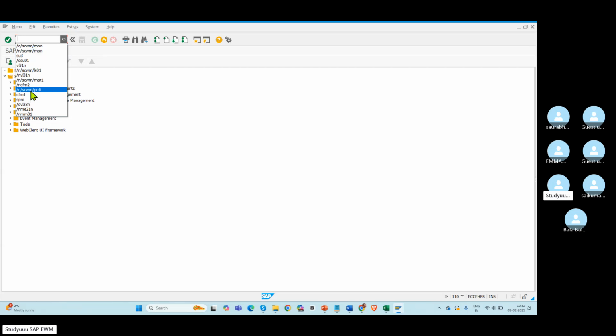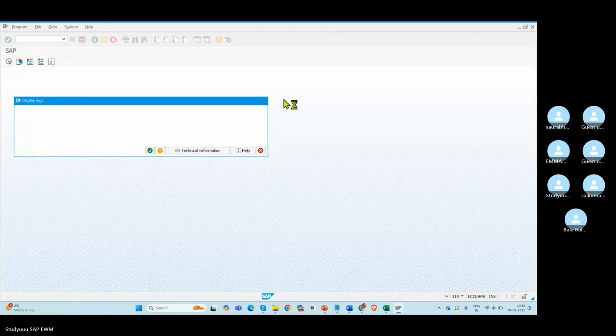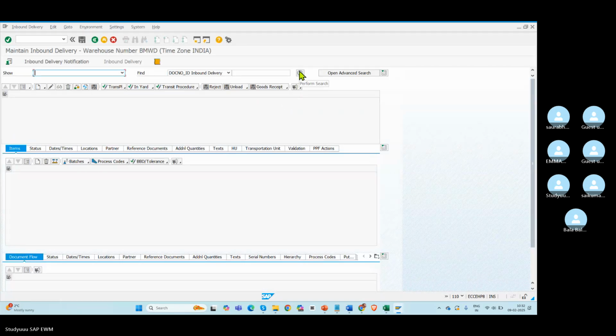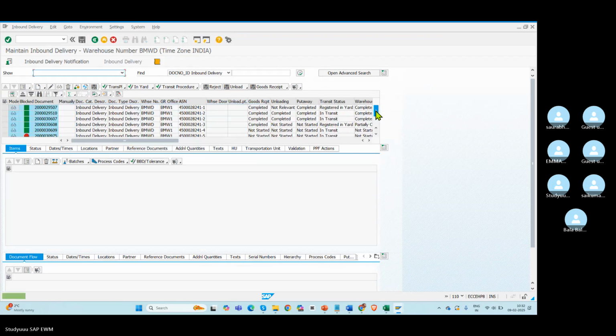I'll go to the PRDA screen, which is the inbound delivery. I'll take any one of the inbound deliveries. If I take this inbound delivery, I'm going to RF. This inbound is normally created in EWM only, but the information will be passed to the